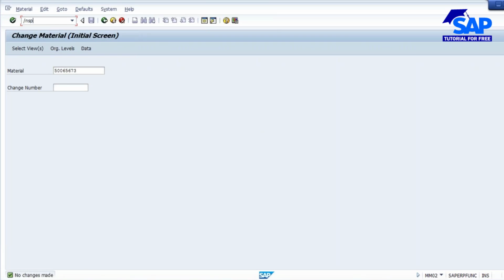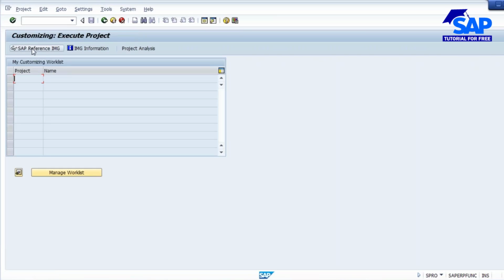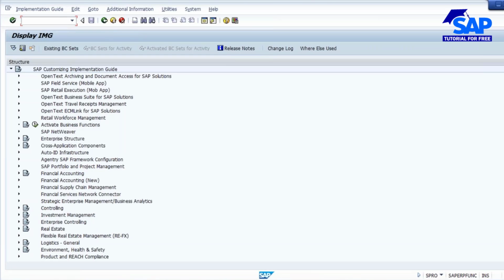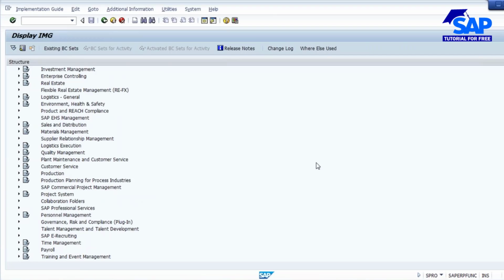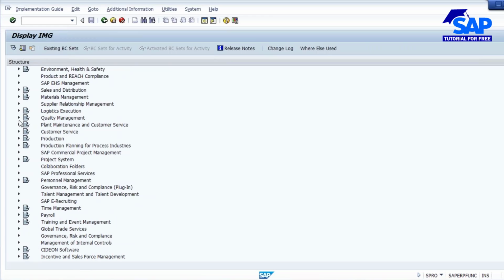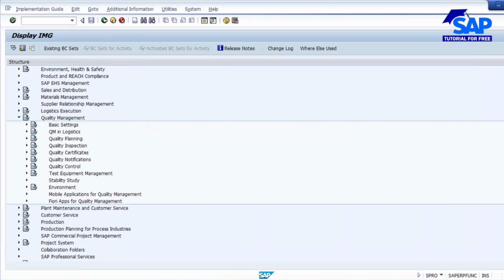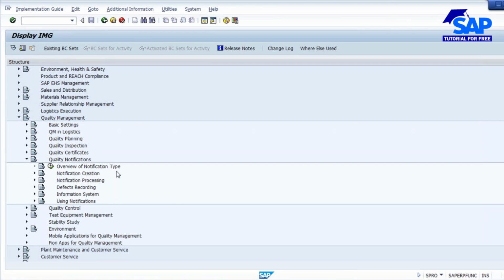So if you go to the configuration, SPRO, SAP reference IMG, currently for this material it is not maintained in the material master, so it is maintained in the configuration in the notification type. Go to quality management, go to quality notifications, overview of notification type.